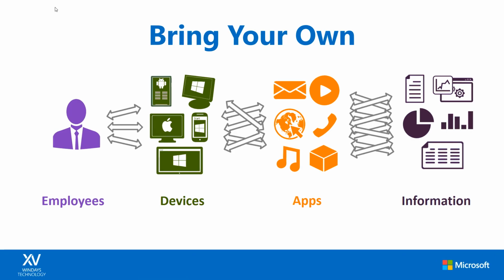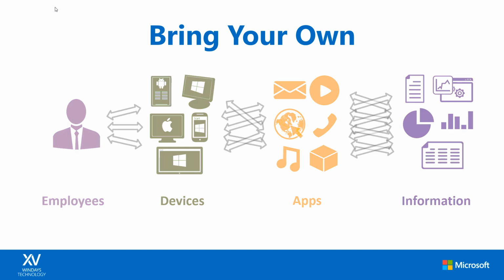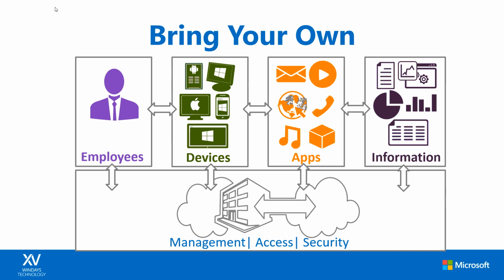And what we see is that if we let people do that, and it's not a problem to let them do that, then your service desk is going to be overwhelmed with a couple of questions that they might not know the answer of, because you have applications for different platforms, you have different settings, you have all different stuff, and you don't know. So what Microsoft did is they've made a model where they've, well, containerized is not the